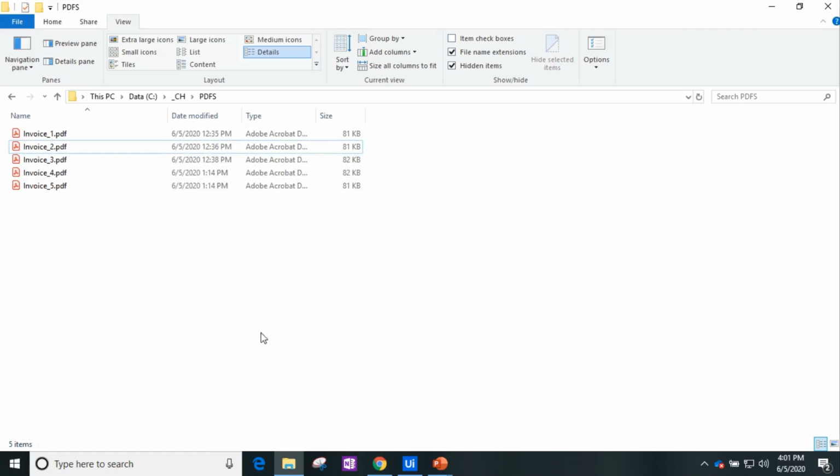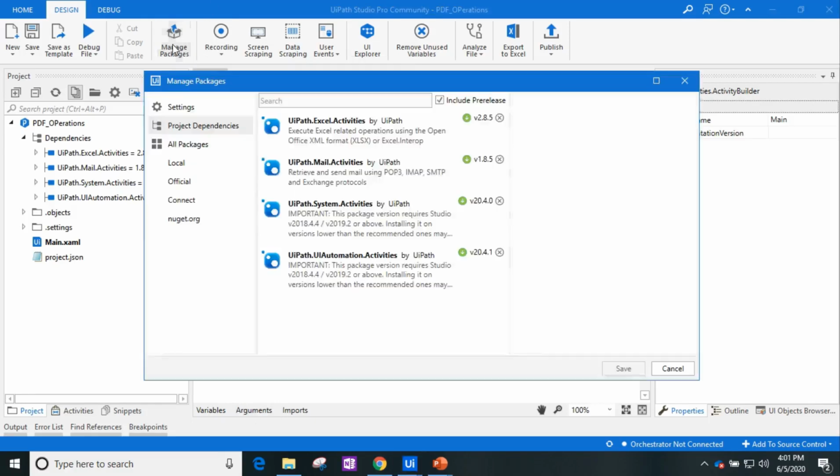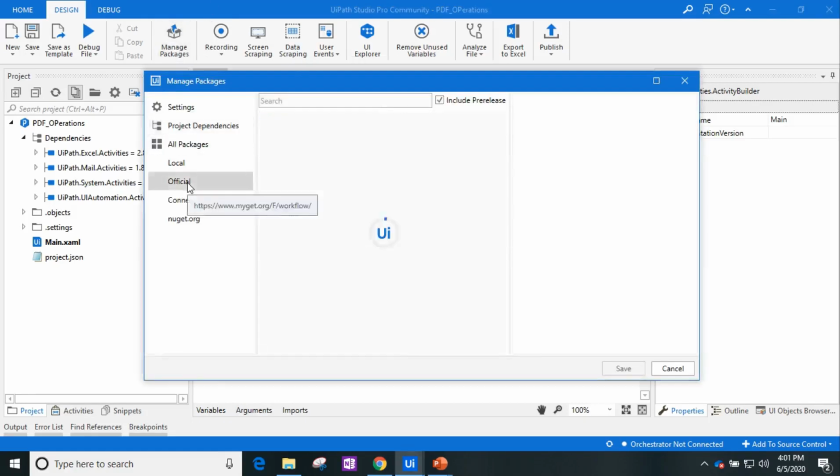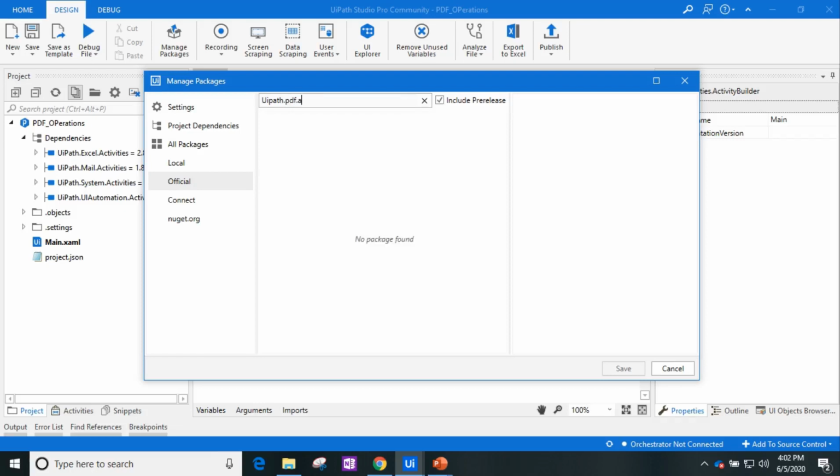Let's jump into UiPath. This is a blank sequence. To do the PDF automation, we need a package called uipath.pdf.activities. To download and add the activity, go to Manage Package section and select the official feed from here. For the UiPath activities, search for the activity uipath.pdf.activity.